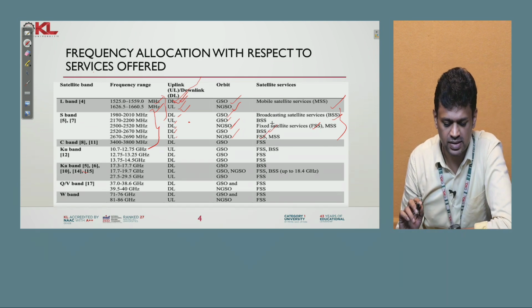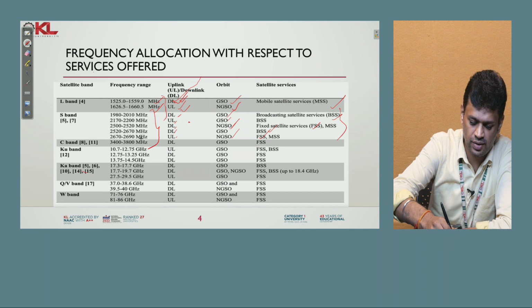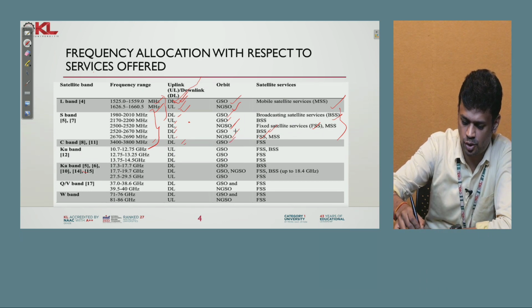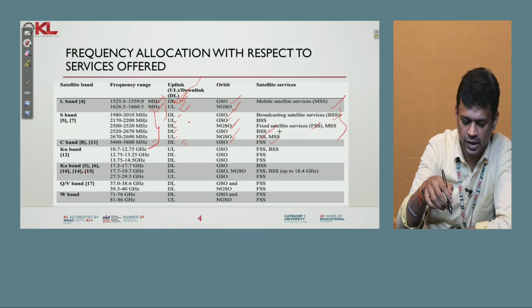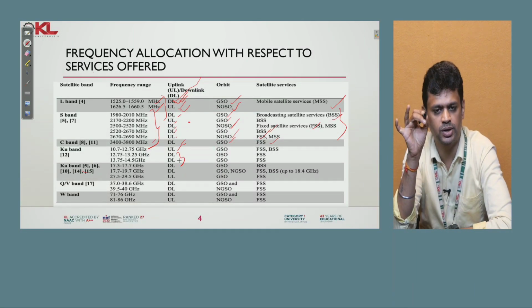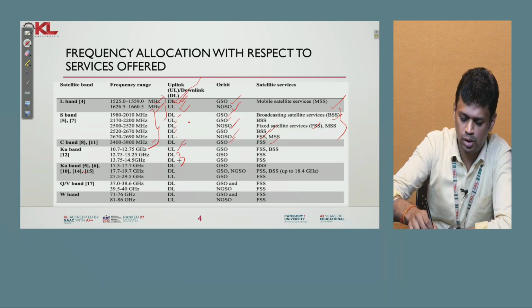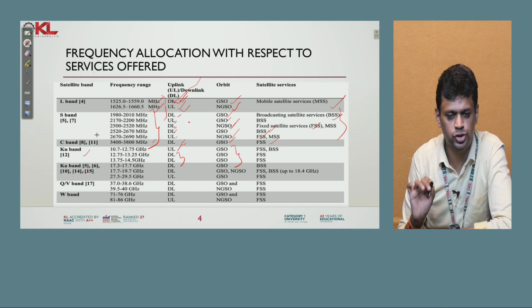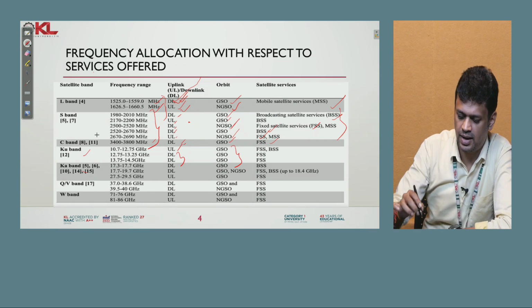Now come to C band. C band is the frequency range from 3400 megahertz to 3800 megahertz. Downlink it will be used. For C band only downlink frequency is used, geostationary orbit, and it is used for fixed satellite services. KU band, this is the uplink frequency, and these are the downlink. Any one downlink frequency can be used in that particular range. Again, the orbit where we will be transmitting KU band signal will be geostationary orbit,